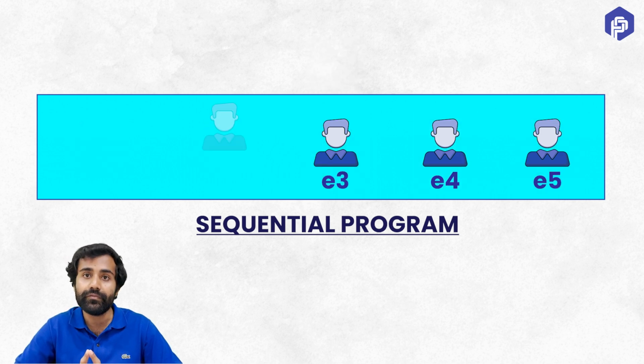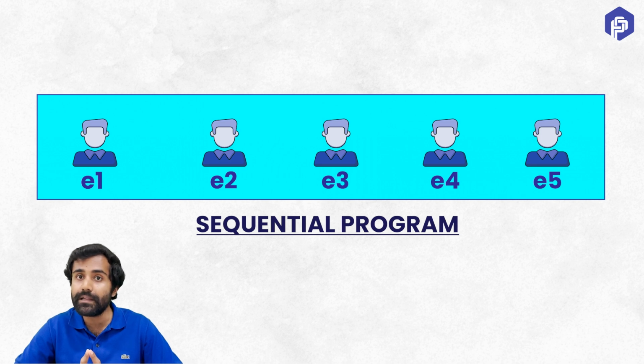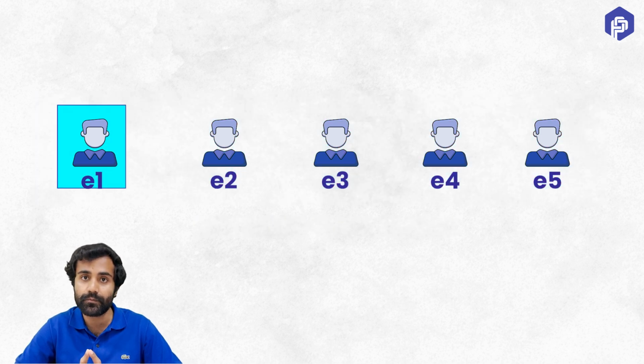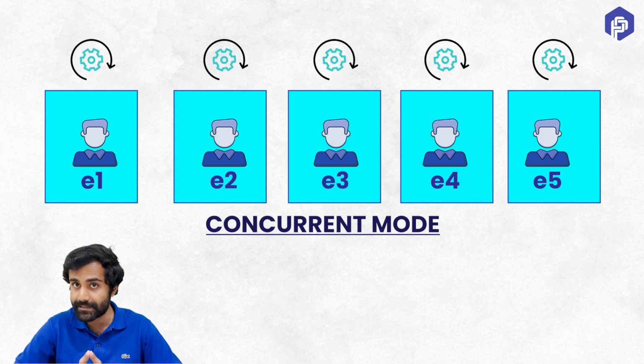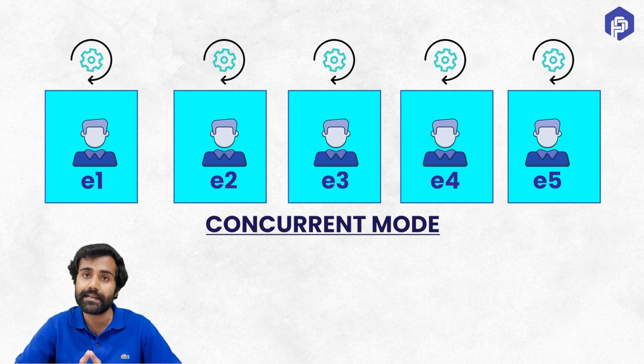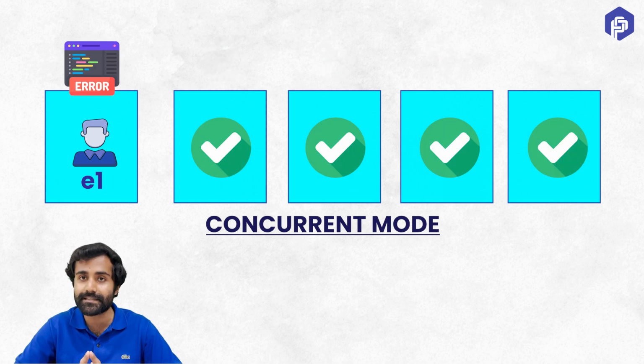But imagine if you were doing all these things in a concurrent mode. So let's say there was a separate task for first employee, separate task for second employee, separate task for third employee, which was computing their performance report and mailing it to them. Then in that case, it would not have been a single point of failure, because as the tasks are independent here, even if task 1 fails, the other tasks would proceed, right? So when you decouple the tasks in this manner, as a consequence of that, you build a resilient software, which is much more fault tolerant.